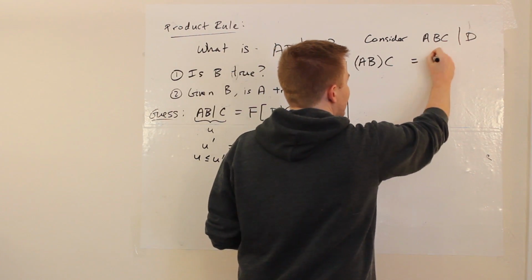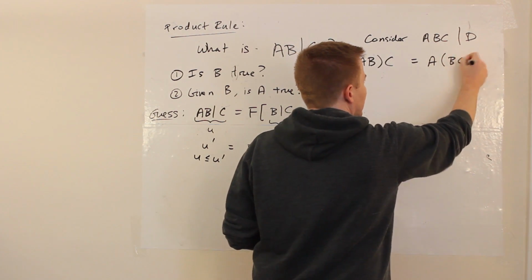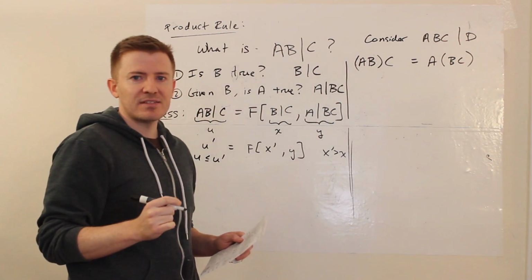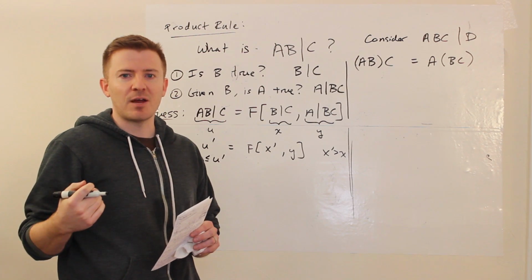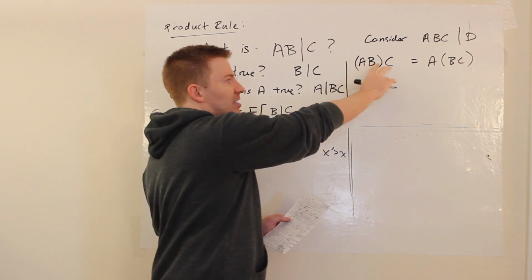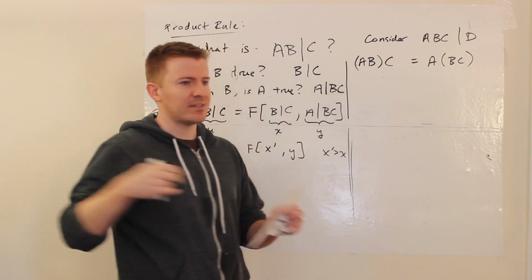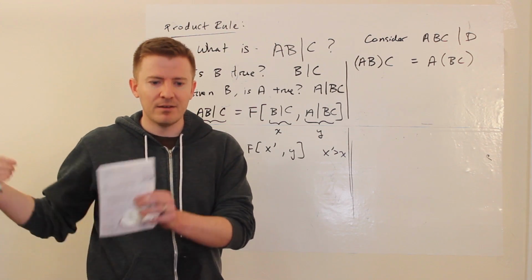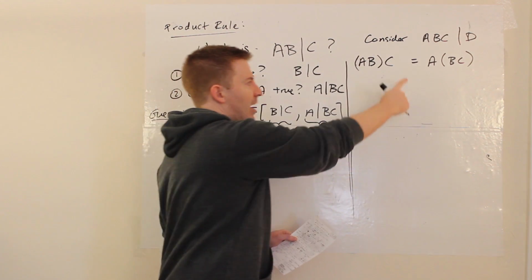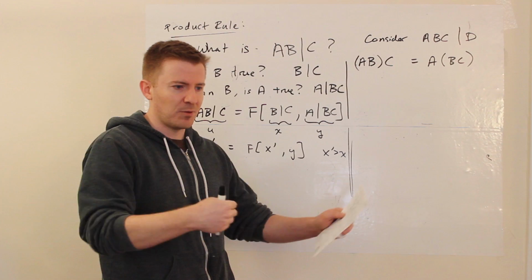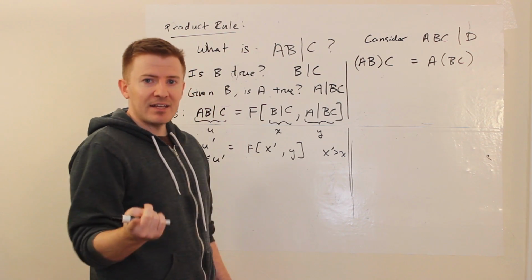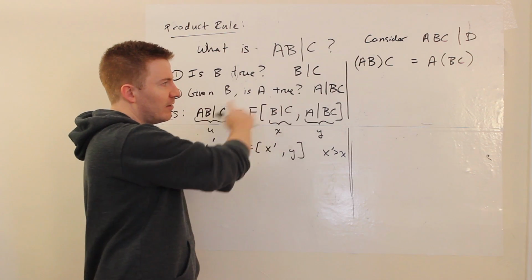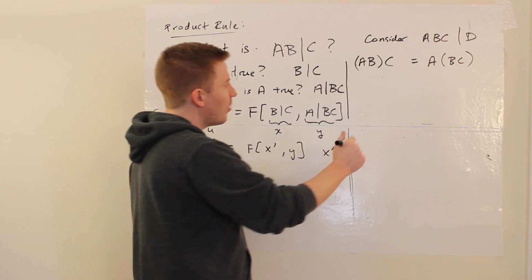Or we can write it as A and B and C. And so a basic property of the logical arithmetic that we described last time is that the AND operation is associative in this way. So we can say, all right, A and B together and C is the same as A and the joint proposition B and C. And then if we put that into our plausibility calculator, what we'll get out of this